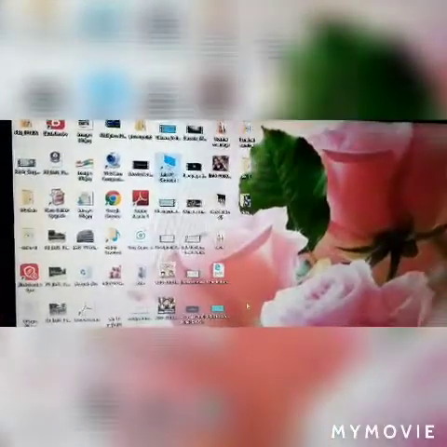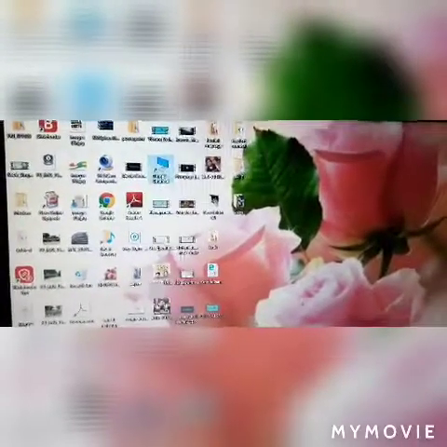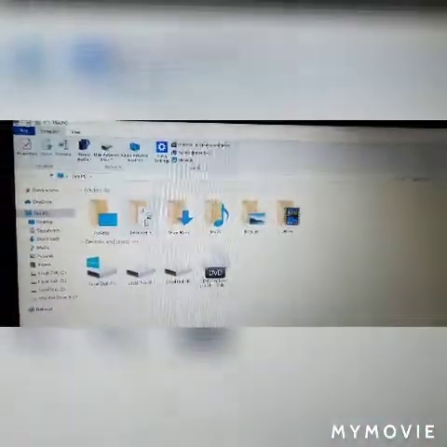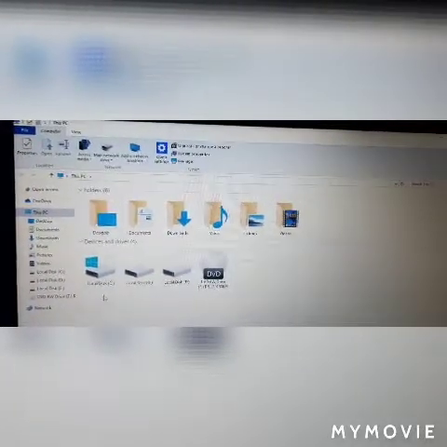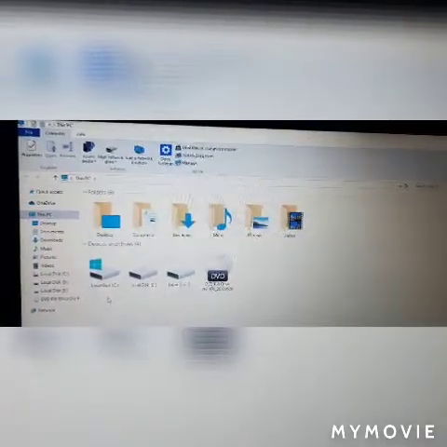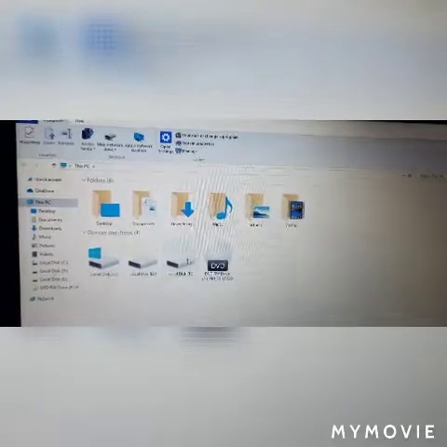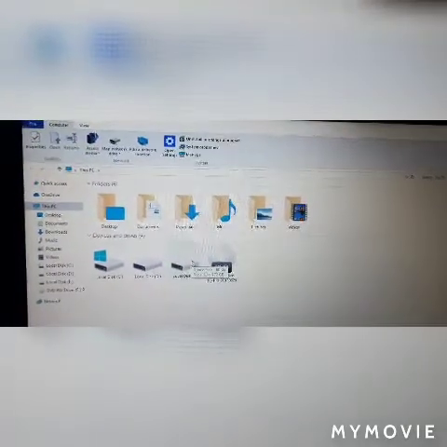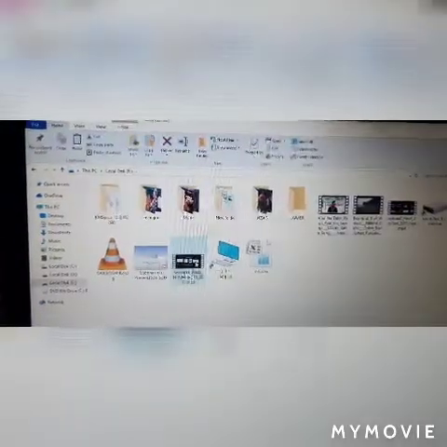To copy a file or folder, we will move to the This PC icon. Now double click on that to open. Now you could see over here three drives: Local Disk C, D and E. Wherever you have stored your file, you will click on that icon to open. We have created our file in Local Disk E, so we will now double tap on that to open it.